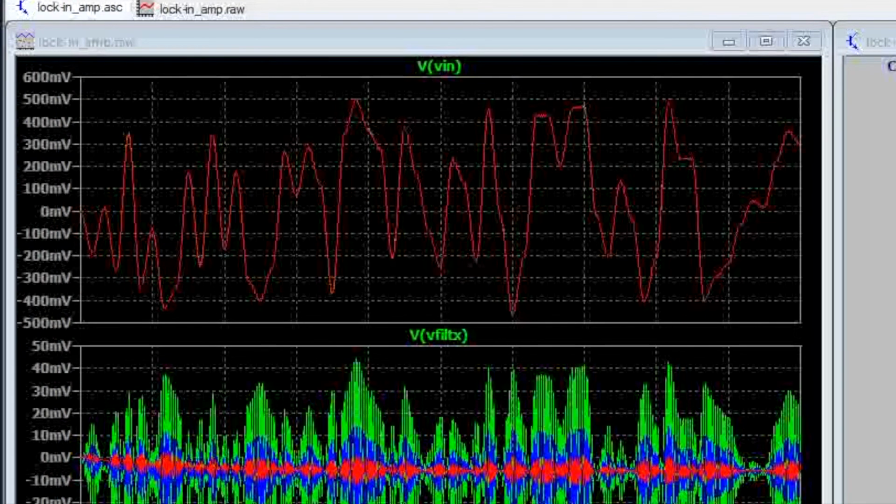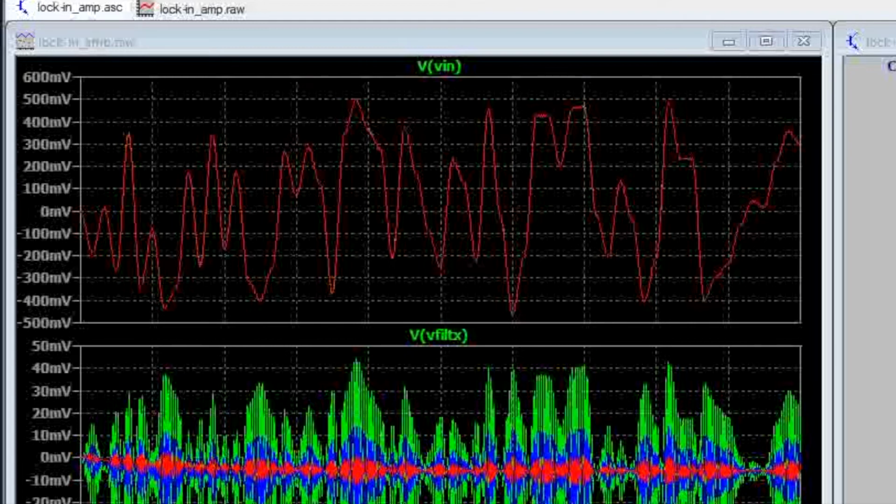So here's one final case for the noise type of simulation where I put in a white noise source of fairly high bandwidth, 1 megahertz, and fairly large amplitude. As you can see, the total peak-to-peak swing of the input signal going into the lock-in is almost 1 volt peak-to-peak. Now, from this, you would expect to see pretty much nothing of use coming out, but actually,